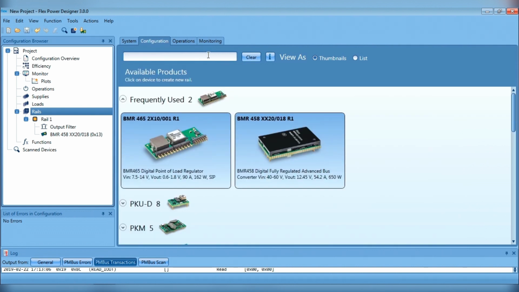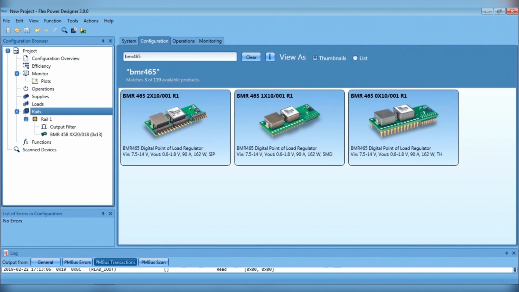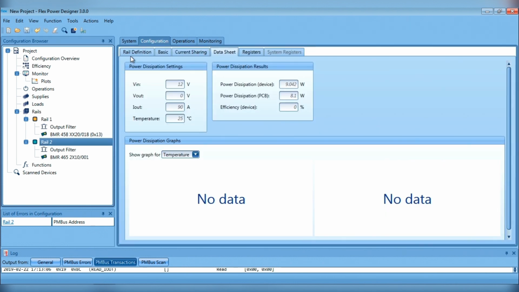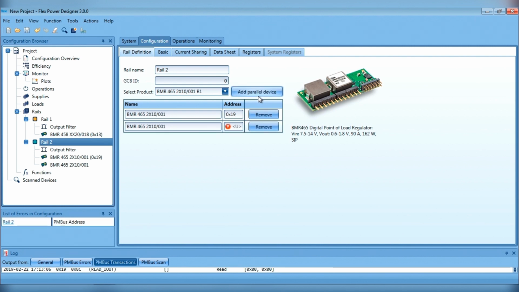clear, and I know I want a BMR 465, and it's actually this exact model. I know this already. One unique thing we're going to do this time though is I'm going to go back and set my address here. I know it's a 19, and I also know that I have two of these in parallel. So I'll add one more here, set this to 1A,